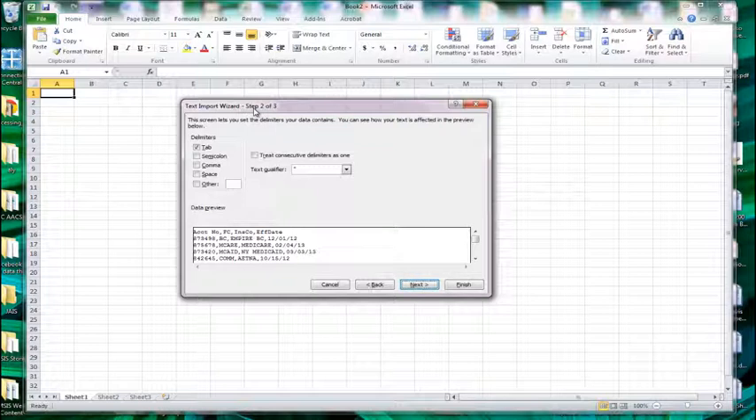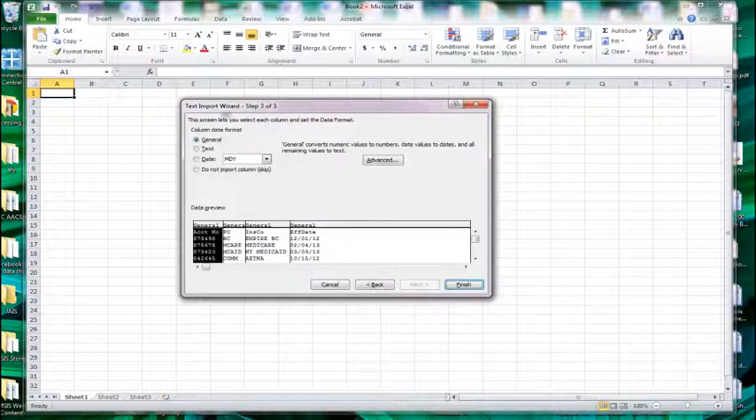I'm now on step 2 of my text import wizard. I tell Excel, yes, each field is separated by a comma, and Excel will make this decision for me. Excel then goes in and says, here's the account number, here's the financial class, the insurance company, and the effective date of the policy. I'm now going to click on Next, and on step 3 of the Microsoft Excel import wizard,